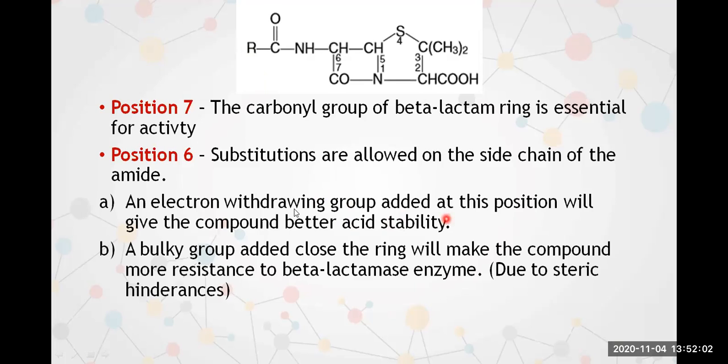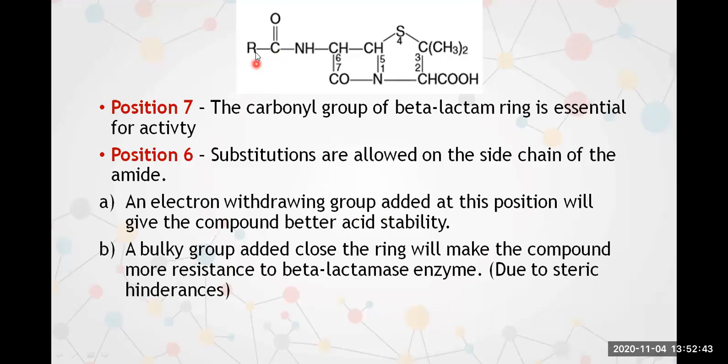So an electron withdrawing group makes the compound acid stable. Why? The reason is that when you attach an electron withdrawing group, it will make the carbonyl group less nucleophilic. Okay. So any bulky groups here, okay, and this is one reason why we can attach the electron withdrawing